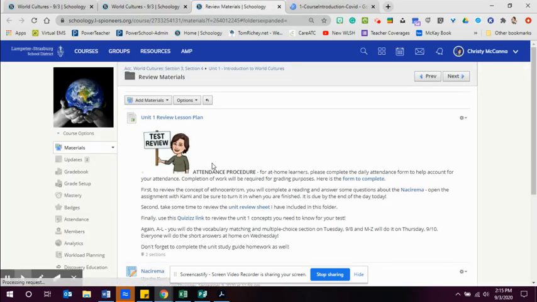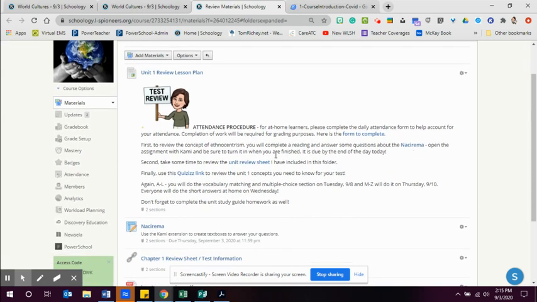And again, the kids at home would do the attendance procedure. We did a review activity about ethnocentrism and did a little reading. We used a tool called Kami that is an extension that they all added, and it really is going to be a lifesaver for World Cultures because I often use graphic organizers, maps. So Kami is a way for kids to annotate and take notes and color and add pictures and all of those things to documents, and then they can save it to their Google Drive.